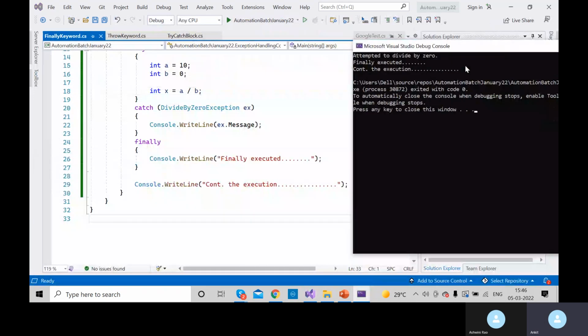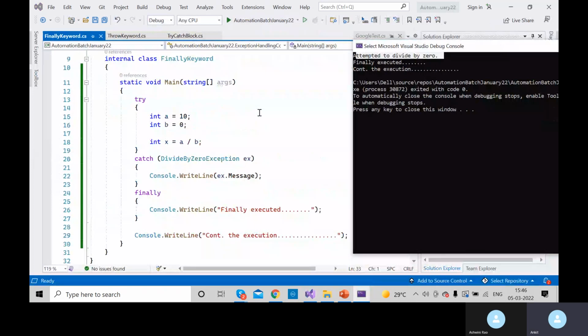You see, finally attempted the exception we got. At which line number this is getting printed in? That means we are inside the catch block now. We have got some exceptions. We are trying to divide 10 by 0 and we have encountered an exception inside try. So just after the try, you see which statement got printed, the finally executed,